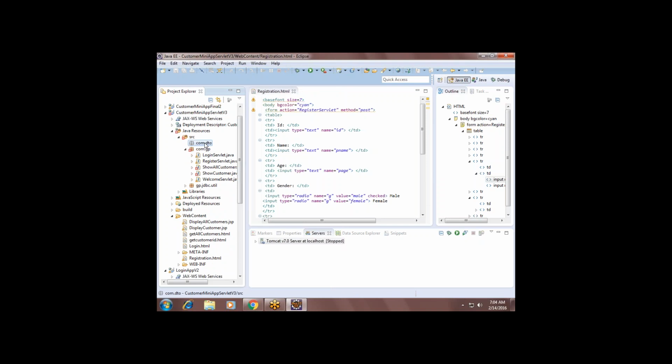At present it is not required. I will create it in front of you when we require it. Don't be confused. For show it is required. For registration it is not required, but it is giving errors here. Okay, let's create. ID, name, age, gender, qualification.